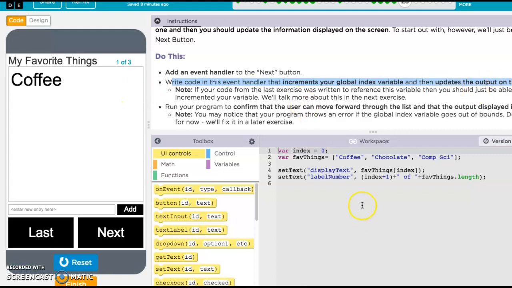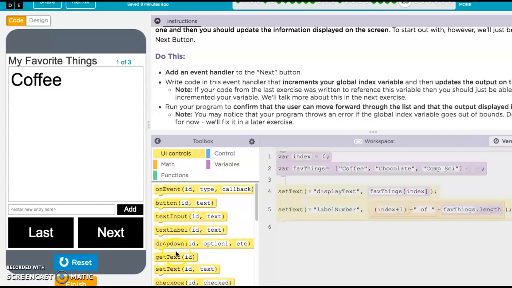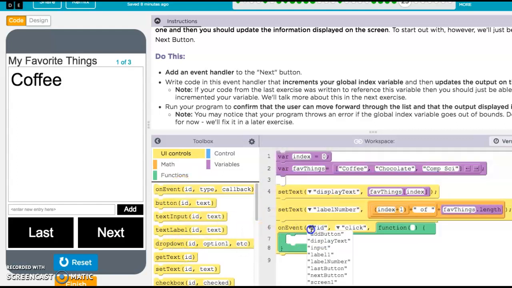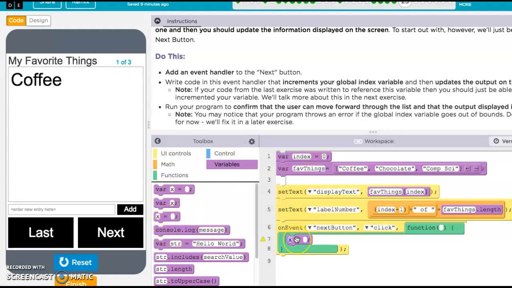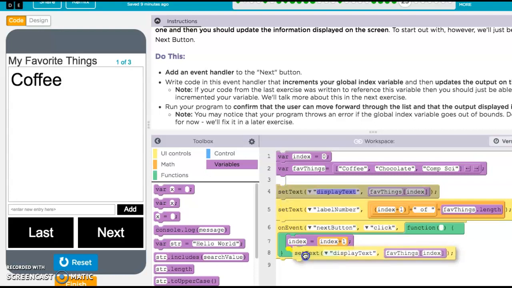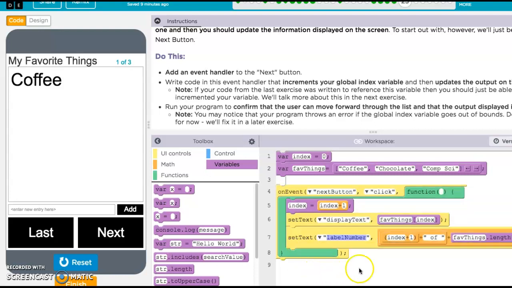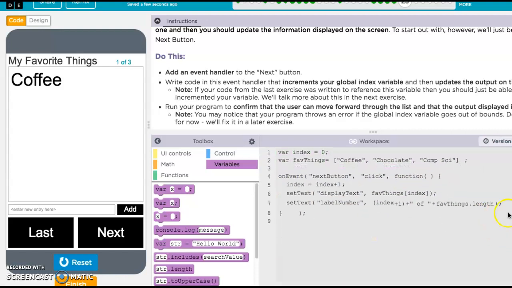So now I'm going to go to show blocks, and I will get the onEvent function where I will say the next button is clicked. I need to change my index. My index will be index + 1. And now I need to show my current item in the list, right? Like this. And I need to actually use that also here. So if I do this,